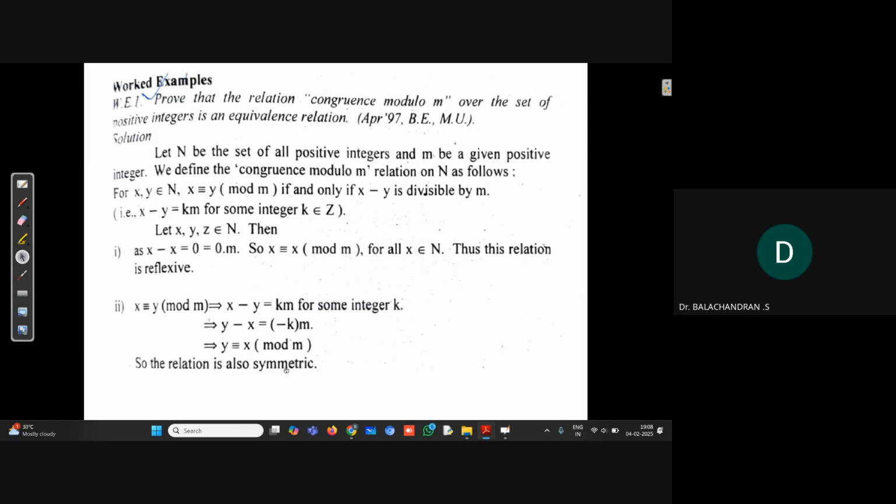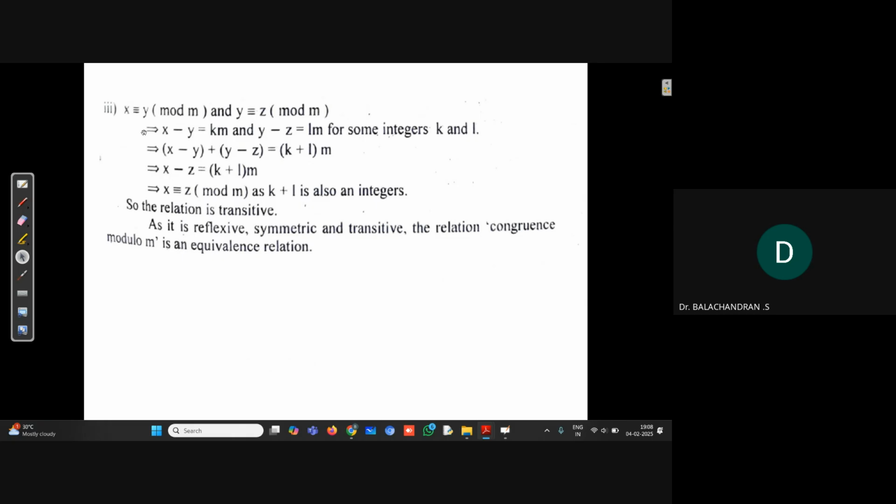symmetric. The next one, transitive. If x is congruent to y mod m and y is congruent to z mod m, I need to prove x is congruent to z mod m. So x is congruent to y mod m implies x minus y is